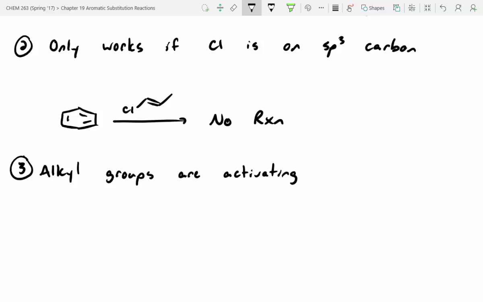Another way of thinking about this is last term, I said an alkyl group coming off of an aromatic ring is slightly electron donating. And why is that? Yeah, hyperconjugation, right? As soon as we append an sp3 hybridized carbon, it's going to dump in a little bit of electron density, which kind of amps up the nucleophilicity of that aromatic ring. So alkyl groups are activating,